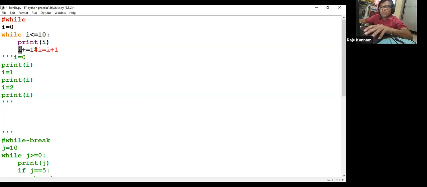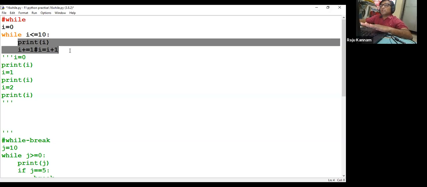Now if the I value is 10, again it will come here and check whether I is less than or equal to 10. It is not less than, but it is equal to 10. That means here we are checking two conditions every time, less than or equal. Yes, it is equal. Again the condition is satisfied, the I value is printed, then the I value is incremented. Now I becomes 11. Again the while keyword asks to check the condition. Now 11 is not less than 10, not equal to 10, so the condition is not satisfied. That means the condition is false, and it will come out of the while loop. So whenever the condition is satisfied, the block of statements will be executed continuously.